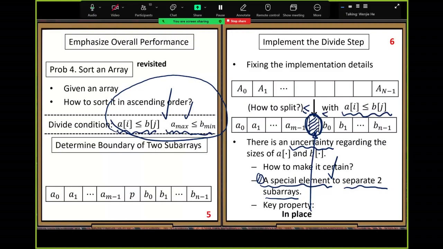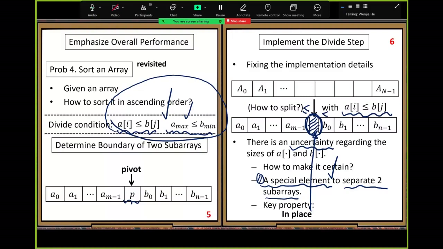Here, look at this diagram. In this diagram, I put a special element between an A subarray and a B subarray. I insert a new, very important separator element. I use P. Here we introduce a concept called a pivot element. This element we call the pivot element. Okay, so we use P. The pivot element,